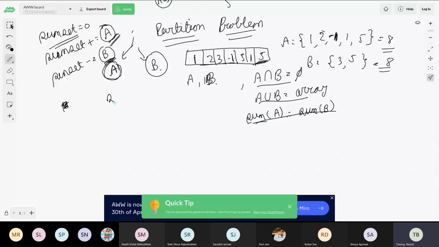Then sum set equals 0. If this condition passes, then sum set equals 0, because for all the values, sum set plus-equals sum of A, and sum set minus-equals sum of B. So if sum of A and sum of B are equal, then sum set equals 0. So for every element I just have to consider whether to add this